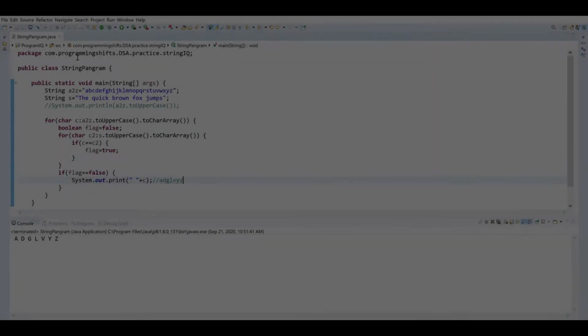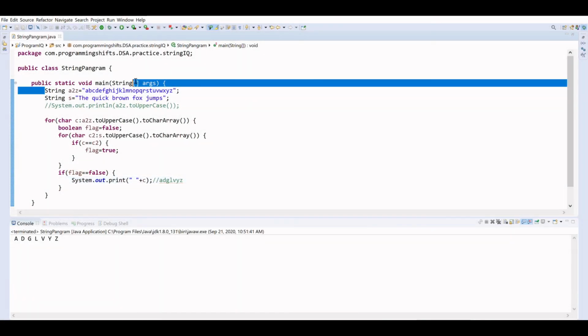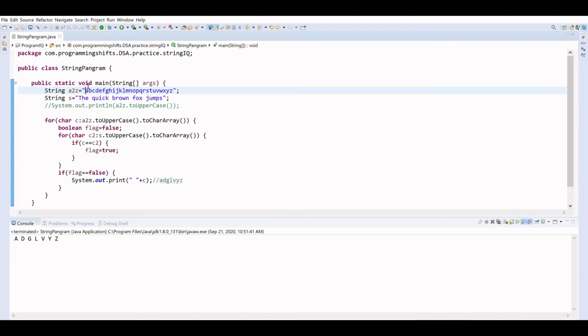See, I have already created a program, and I have created one string A to Z, the alphabet starting from A to Z, and I'm going to give it the name A to Z as a string. We are going to take "the quick brown fox jumps" only, and we're not continuing the sentence. So we will find out what remaining alphabets are not used in the program, right? So we will find out the string pangram. You can see I have given the class the same name, or if you create a note, it will help you to understand.